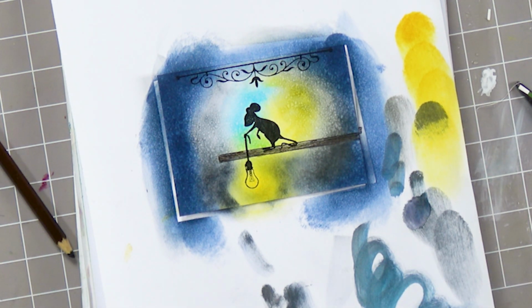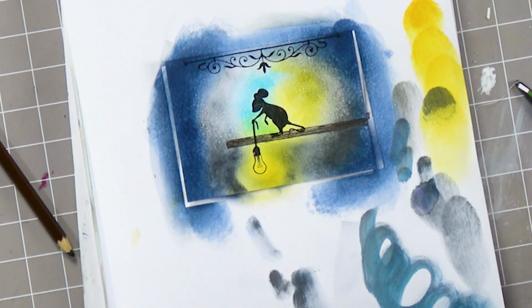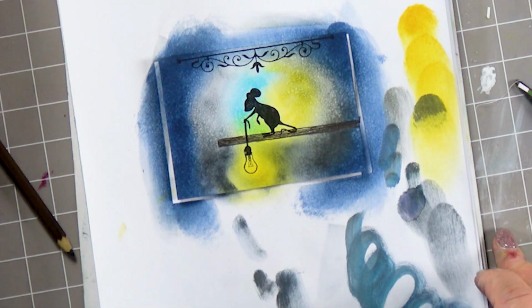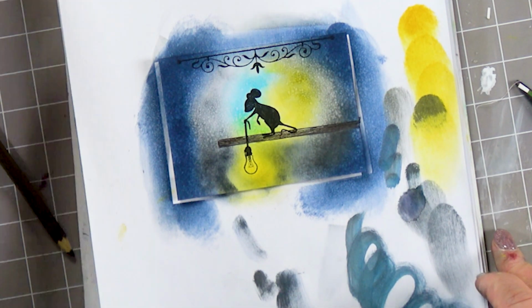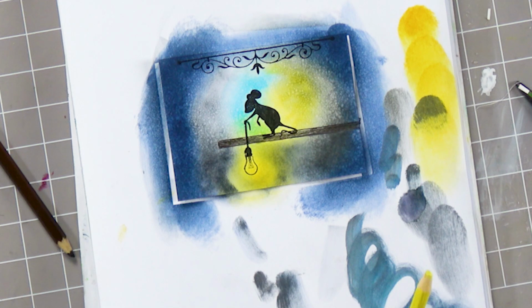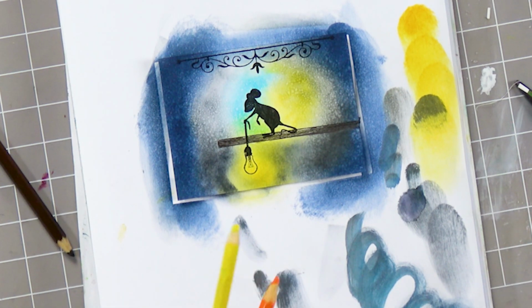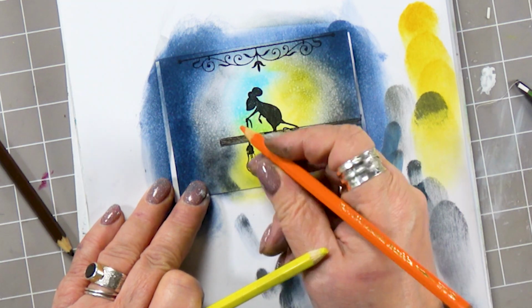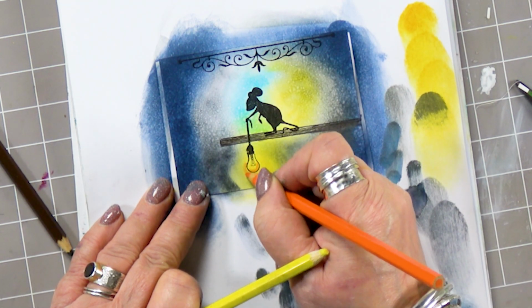So what we're going to do now is add a little touch of colour. So I'm going to use my VersaFine Clair, no I'm not, I'm going to use my Mondelez watercolour pencils to just build up my colour around the light bulb. So I'm going to just take some orange around the bottom of the light bulb and also to the side of it,